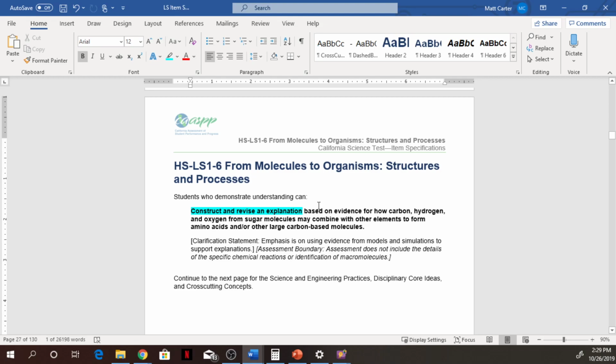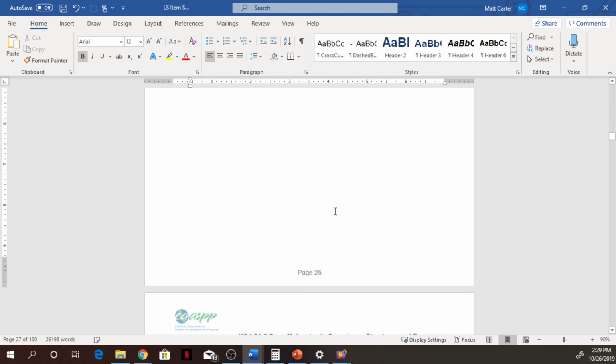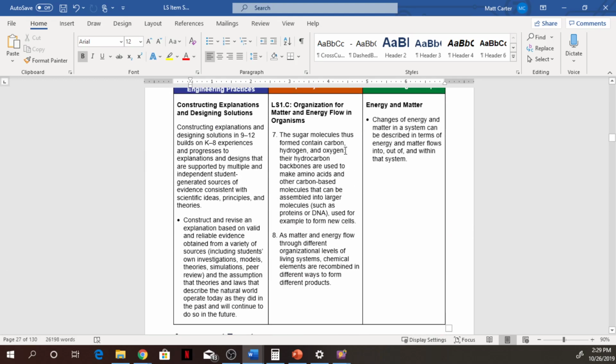And then what is the content knowledge they've got to know? That's the DCI: evidence for how carbon and hydrogen combine with other elements to form those macromolecules. So in this unit, we spent a lot of time talking about the macromolecules and the processes that develop those. And we had to design our free response questions and some of our multiple choice questions to tackle those issues. So if we dive into the evidence statements here real quick,